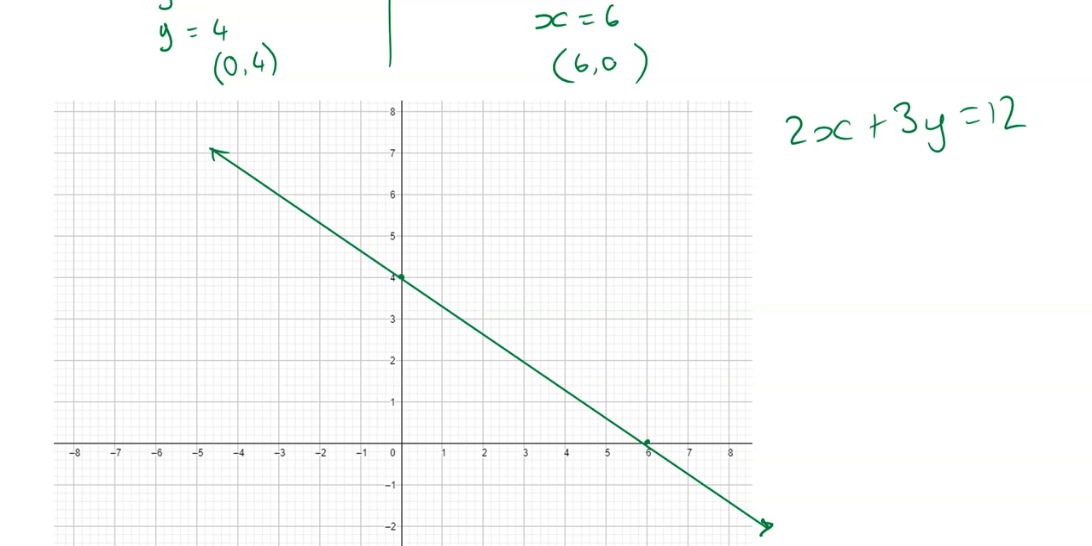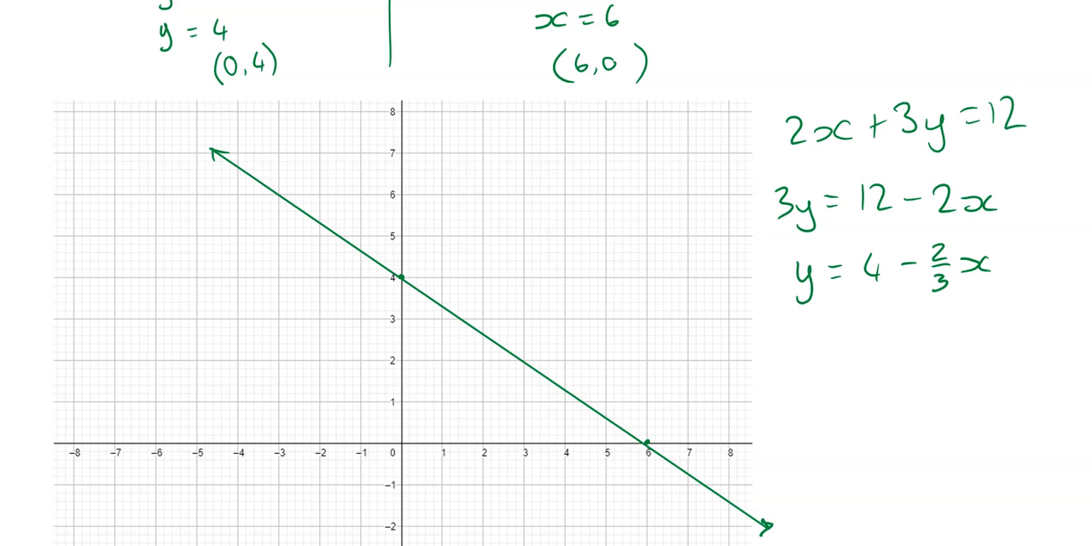Incidentally, 2x plus 3y equals 12. What if I wanted to convert that to gradient y-intercept form? I essentially want to get y on its own on one side. So if I wanted to do that, what's the first thing I would do? I'll move the 2x over, yeah. So I'll take 2x from both sides, and so I'd get 3y equals 12 minus 2x. And now I want to divide everything by 3 to get y on its own. So y would equal 12 divided by 3 is 4, and 2 divided by 3 is just 2 over 3,